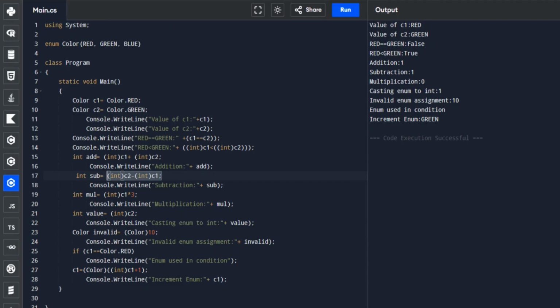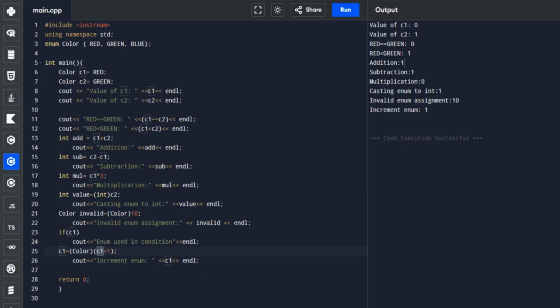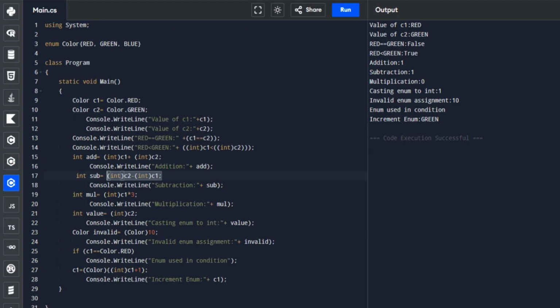As you can see here, in our C++ program, the value of C1 is 0 because the enumeration value automatically converts into an integer, while in C Sharp, the value of C1 is just red because it does not automatically convert into integers.